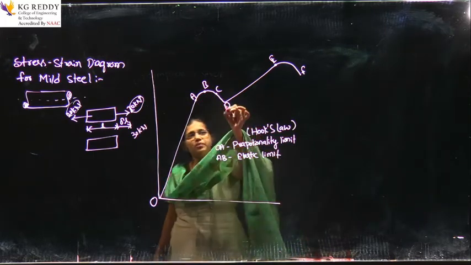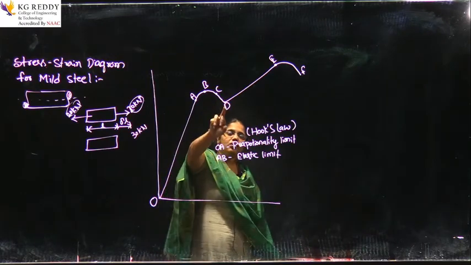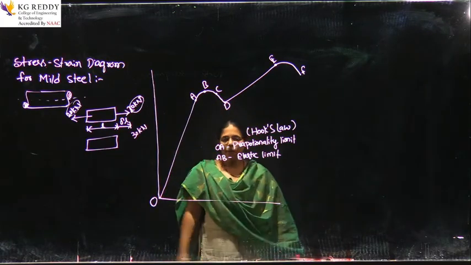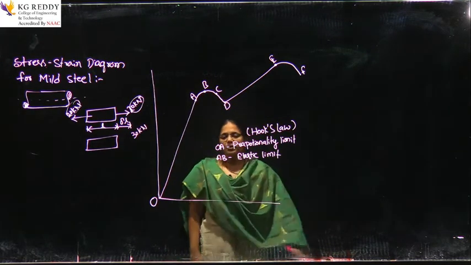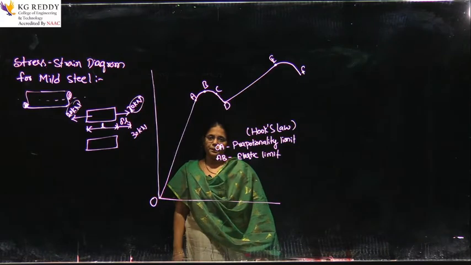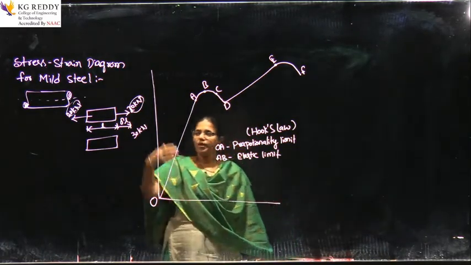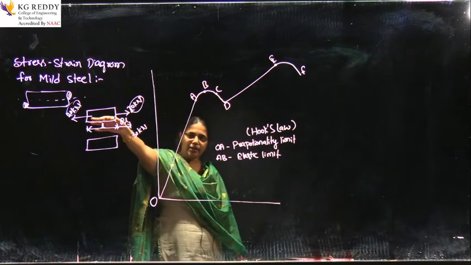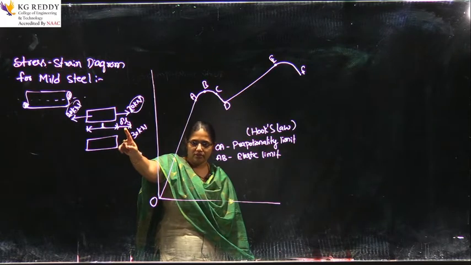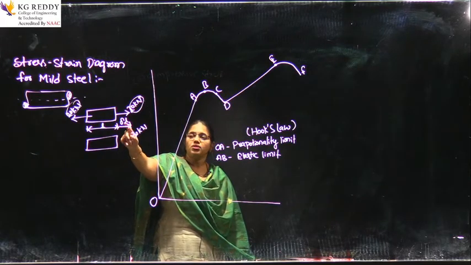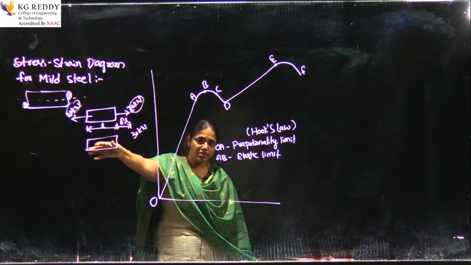So, what is meant by C, and what is meant by D? Here C and D are called yield points. That means this is the plastic zone. Then what is meant by plastic zone? Plastic zone is nothing but, if you apply a load on this bar element, the total original length will be changed by delta L, right. After removing the load, it should regain its original shape and size.